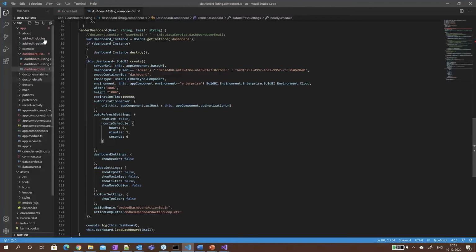So this is an AngularJS application for the appointment planner app. The basic minor changes we have done here is to load the dashboard based on whether the user is admin or not. Here you can see, based on admin condition, I have loaded dashboards accordingly.